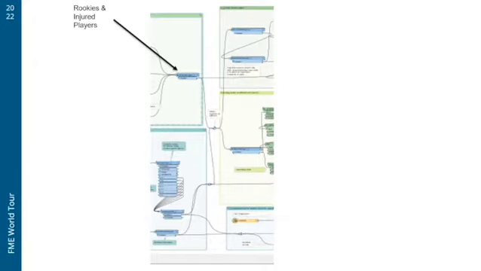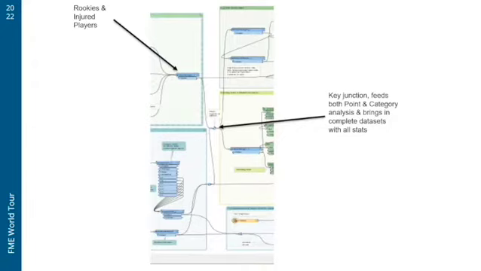So this, as I said, is where you've got your rookie and injured players. And these junction points were really helpful throughout the whole process in seamlessly combining data sets. So this is where we get from below, the clean data sets have been joined down here as well, but then we bring it in with the rookies and we join it here, and we can feed this into the points and the category analysis. And then the previous one here is an identifier of where the healthy players are from last season as well. So that goes off into a future analysis and bypasses creating the draft board.